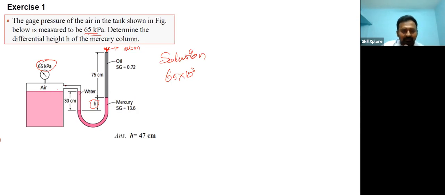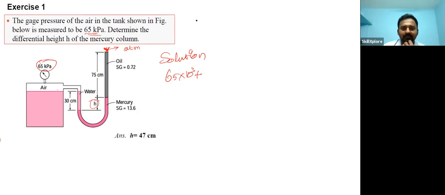So there is some pressure. What is the pressure experienced by this water? You have to add from this side: 65 plus the height of this. So we all know that to calculate the static pressure,